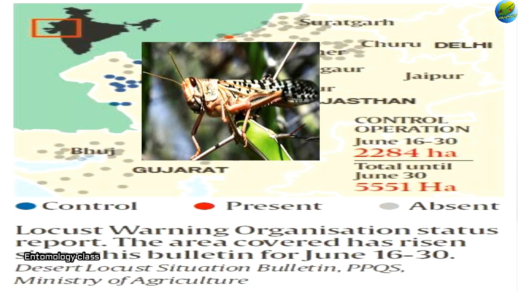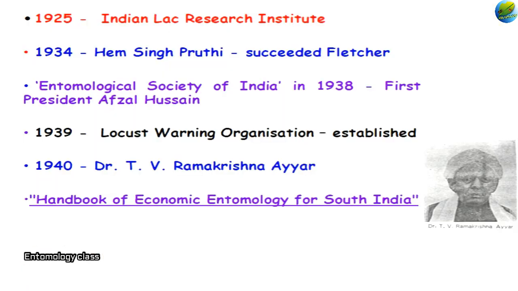But before the formation of the Locust Warning Organization, it was not that easy. So the Locust Warning Organization was formed in 1939, following the locust pandemic at that time. To look after the locust movement, where they are, their location, they warn about the locust movement from one place to another, and take measures to control the locusts once they enter the